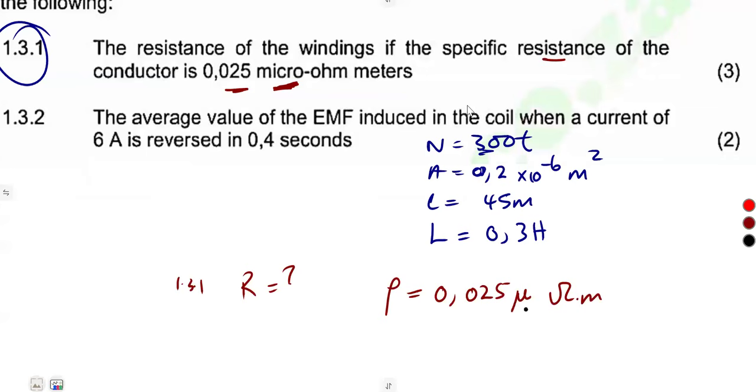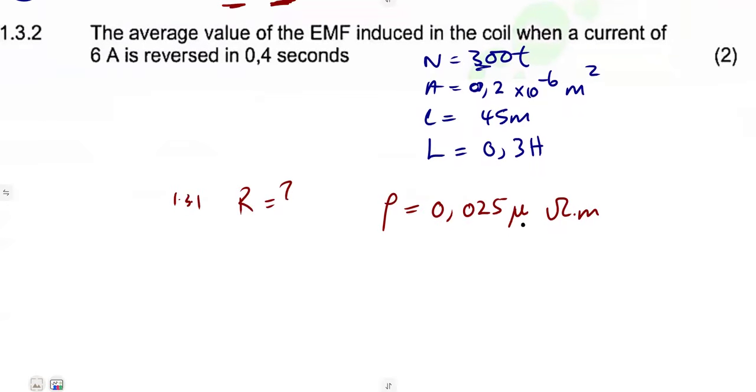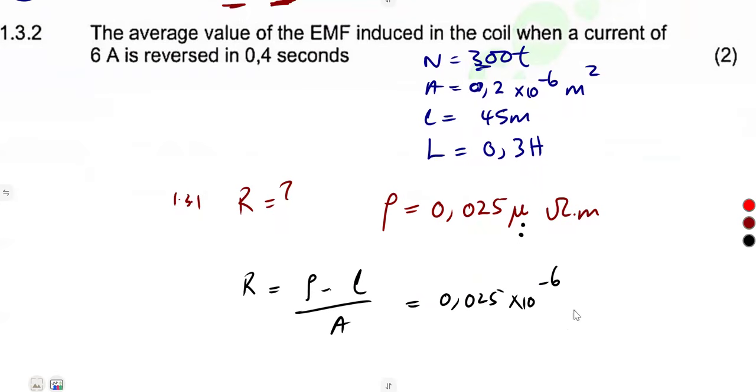All right, so let us apply that. We have our resistance. Since we are given the resistivity of the given material, that's resistivity times length over area. Resistivity 0.025 times 10 to the exponent of -6, the length 45 meters, over the area in square meters, 0.2 times 10 to the exponent of